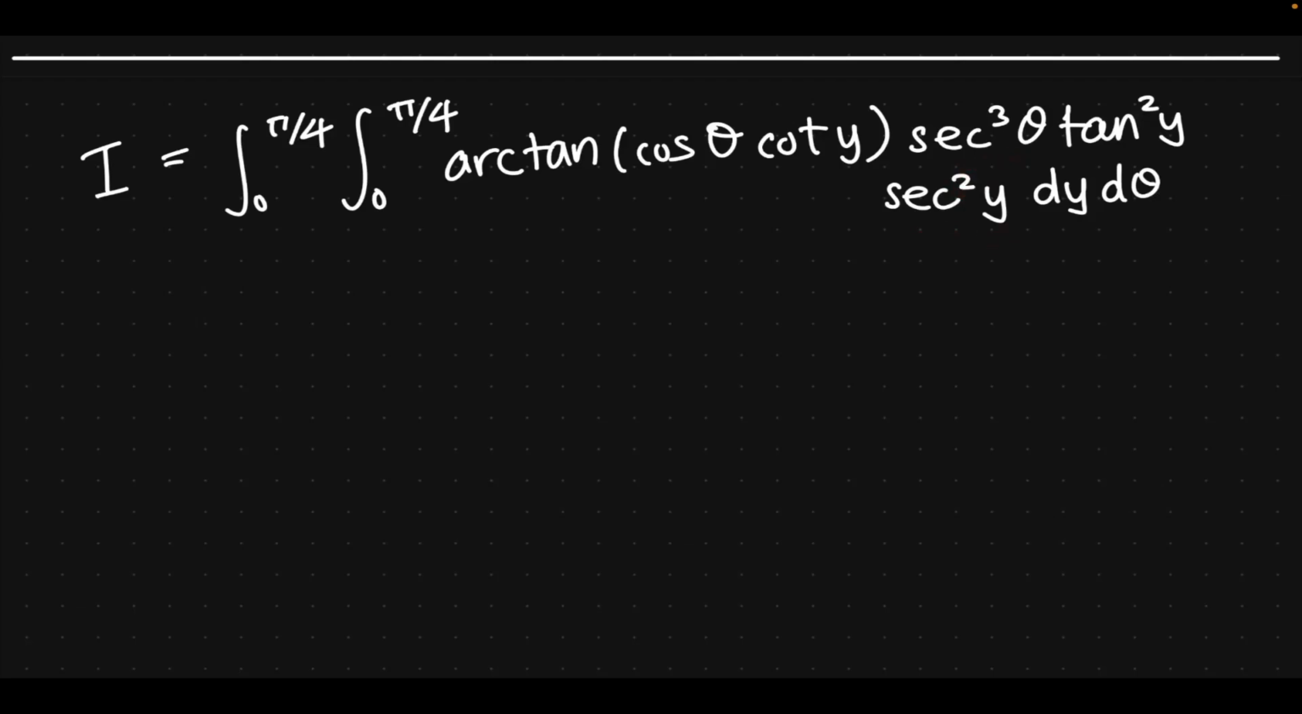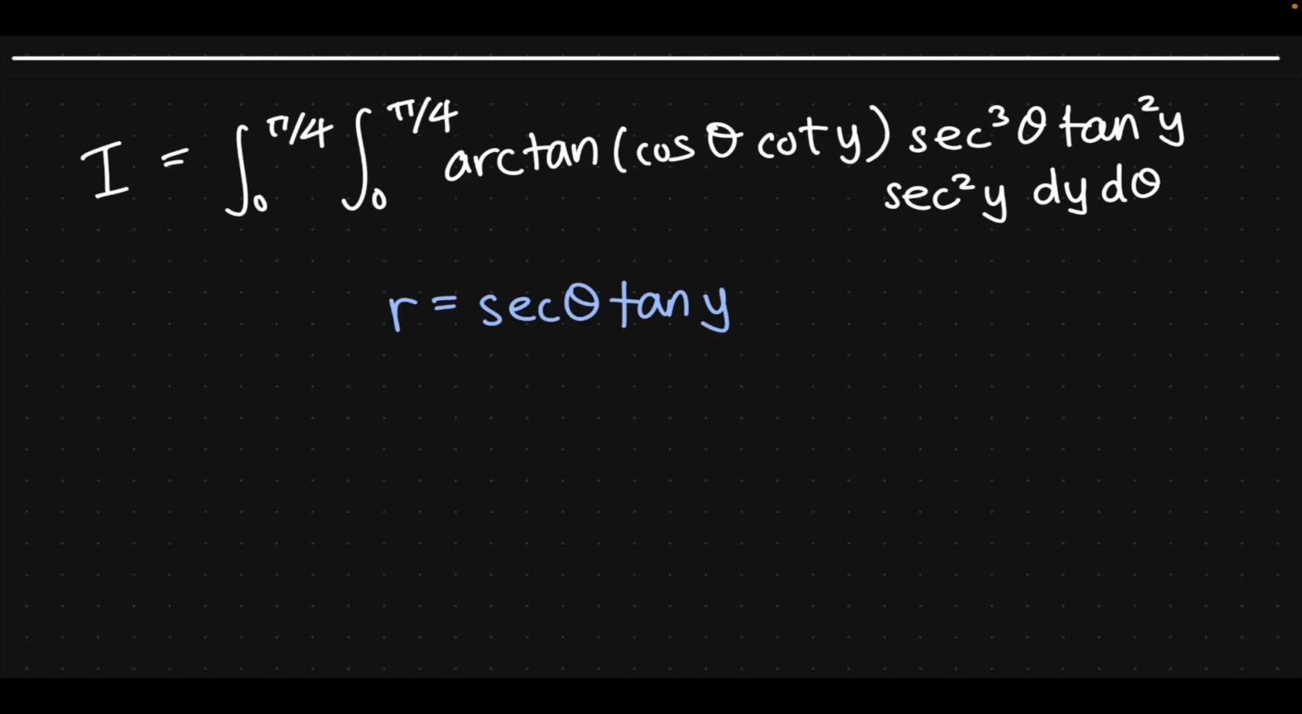You might notice that in the argument of the arctangent function, we have inverse functions rather than the ones that are outside. We have secant instead of a cosine and a cotangent instead of a tangent, and all of these are reciprocals of each other. So the natural substitution one would like to do is r equals secant theta tangent y,